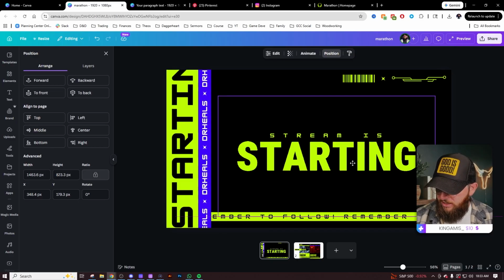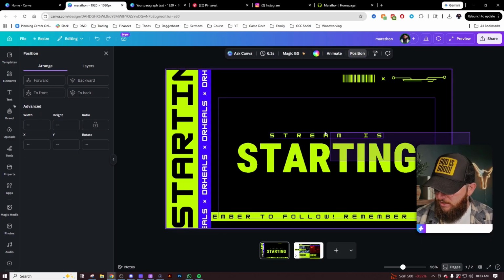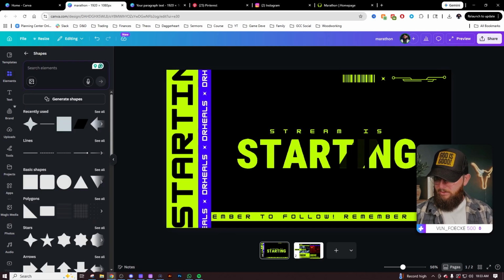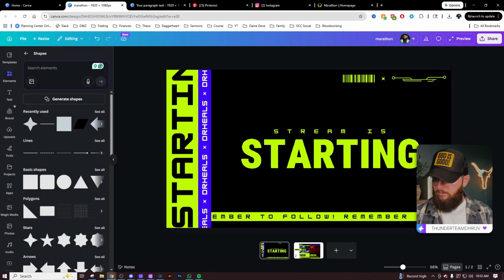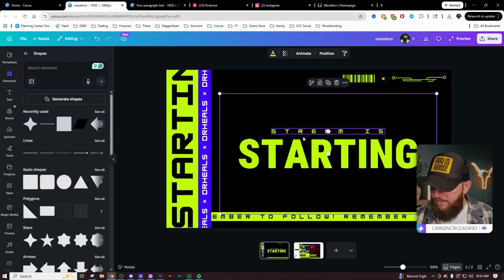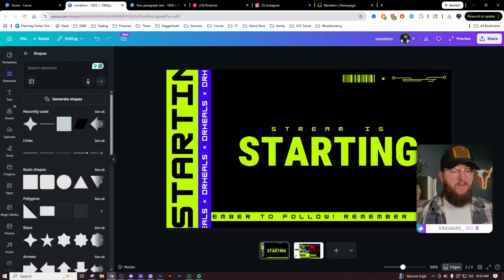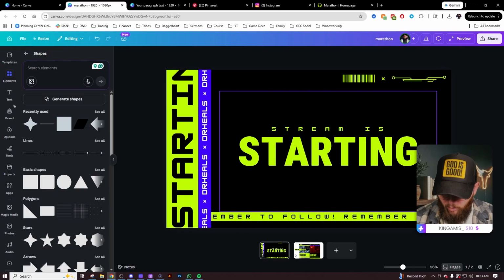Or actually, let's recenter this because I can tell this is not centered. At least between this and this, it's not centered. That matters to me probably more than it does most people. Okay, let's go with something like that. It's still not perfect, but you know, we're just going to have to move on. All right, so now that we have that design completely done, what we want to do here to actually do